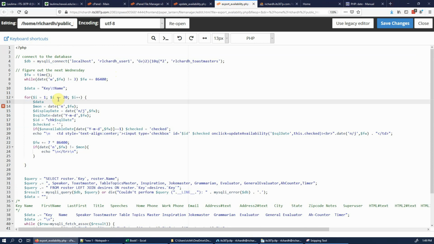Data equals \t concatenated with the date, and the format for the date I want to be single date,